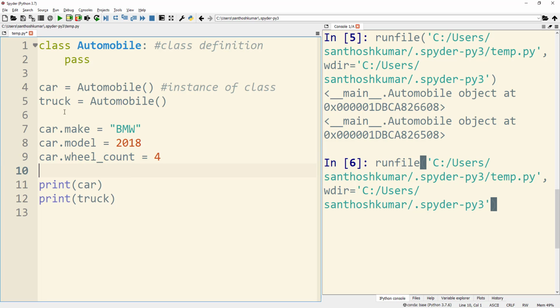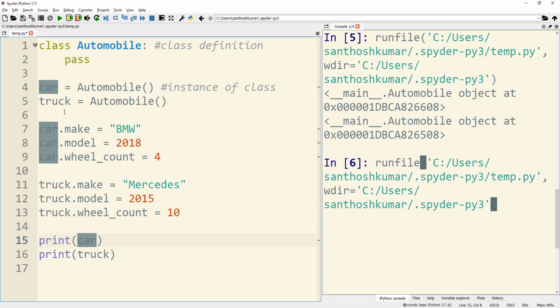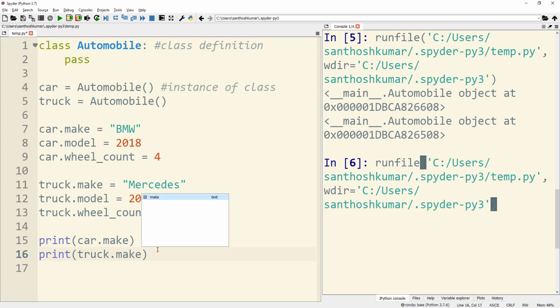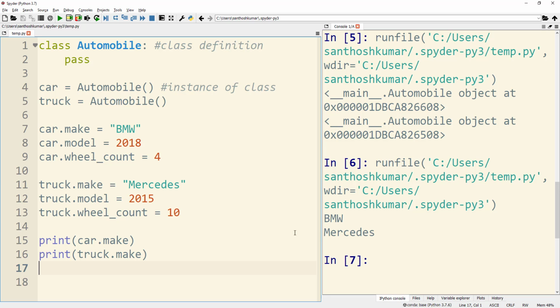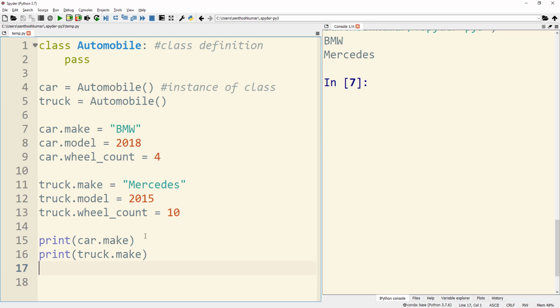Similarly for truck, I am assigning Mercedes for truck make, truck model as 2015, and truck wheel count the value 10. When I print truck.make and car.make, you get the values that I assigned earlier. So both are different objects belonging to the same class automobile, and the attributes of each object can hold different values.